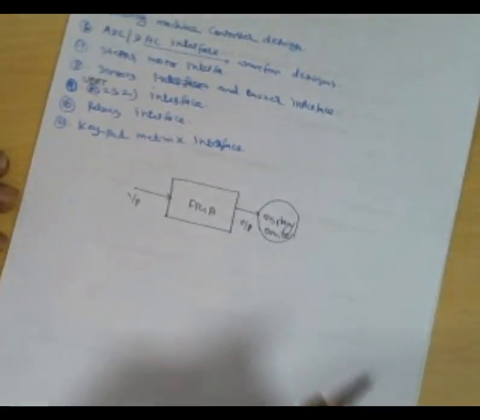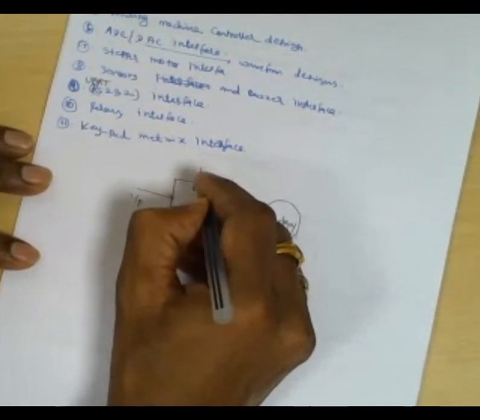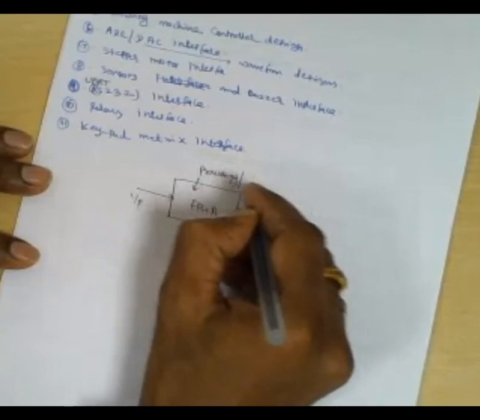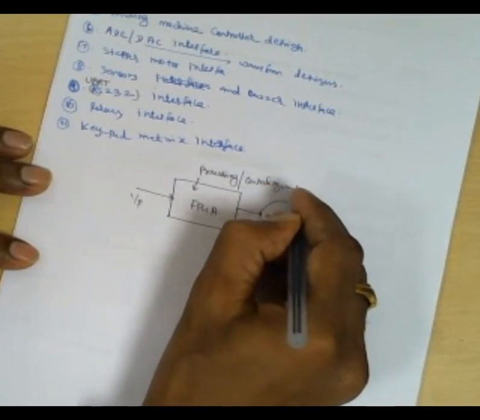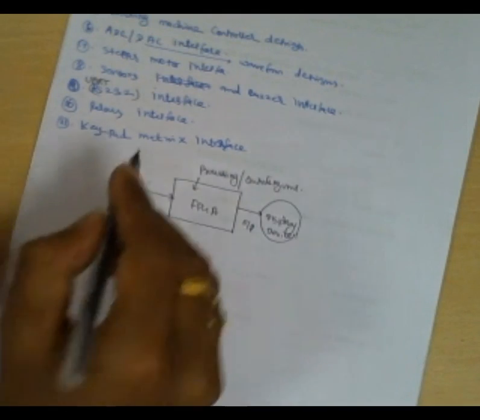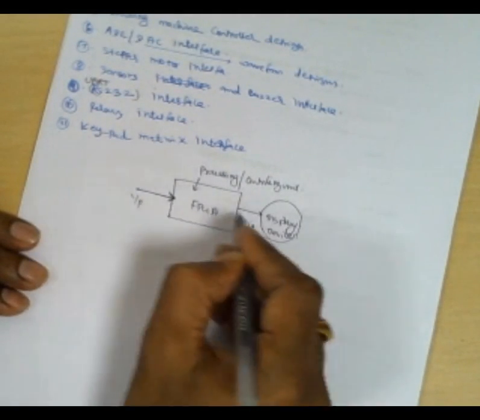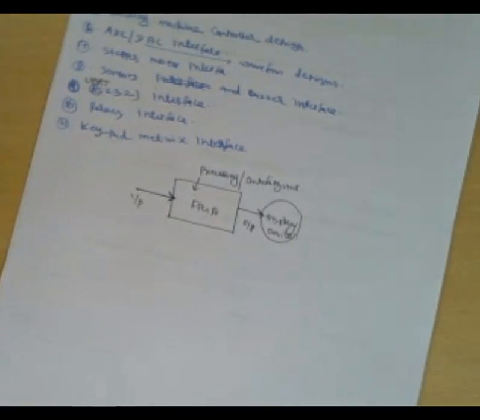Display device, correct? So this is the processor. Mainly it is the processing or controlling unit. The FPGA is the processing or controlling unit, mainly the heart of your entire system, right? So here we feed the input, and we collect the output here, and then that will be passed into the display unit.